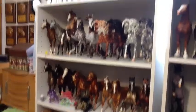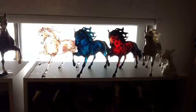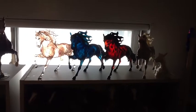Last time we talked about the guys on the shelf over here. Today we're going to talk about everybody on this bookshelf. Starting with the translucent plastic Andalusians on the top. That's a silver screen on the right. He is glossy smoke. Smoke's traditionally a matte finish, so it's interesting and nice to have him